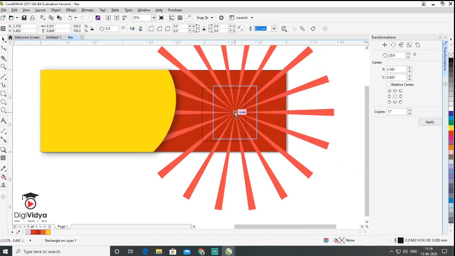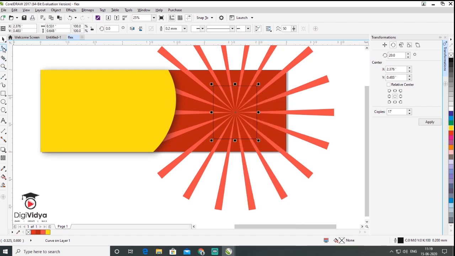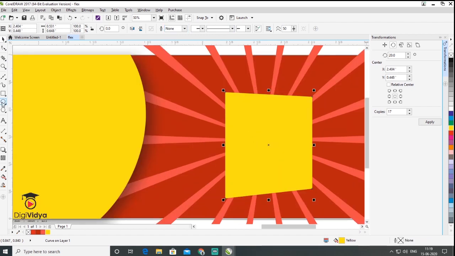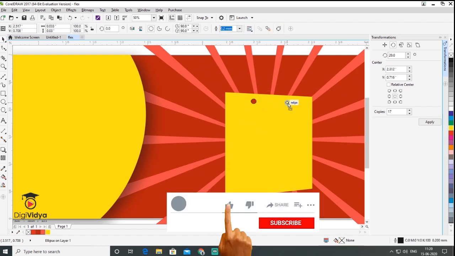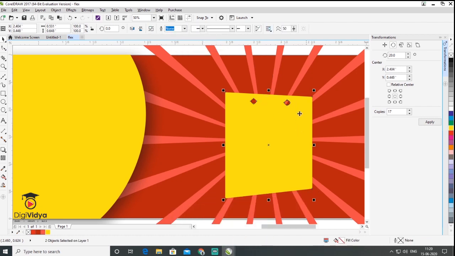I make a rectangle here and right click on it and convert it into curve. Then go to the shape tool. Then I want to reshape it and fill the yellow color, and stroke color is none. So here I make an ellipse and select both of them, and I want to crop it. And same here, I select both the rectangle and circle and crop it, and select the circle one and delete the line. Then I have a pen tool.